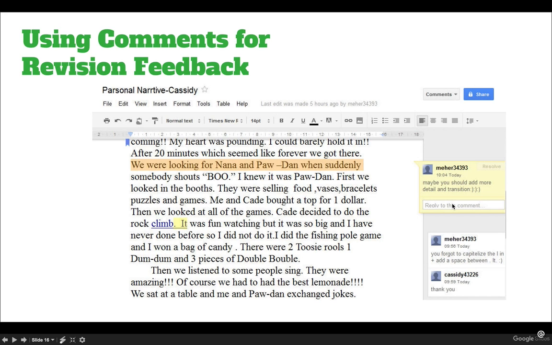Again, specific comments for specific areas. Really focus in on this paragraph, really focus on this paragraph. You need to completely rework this one. Here's why, type of thing. And really honing in on certain things, especially for students that struggle in certain areas, and they do. The comment feature is invaluable for